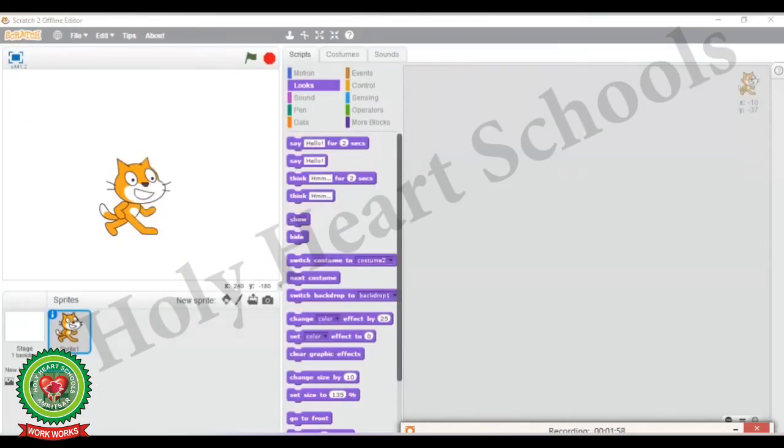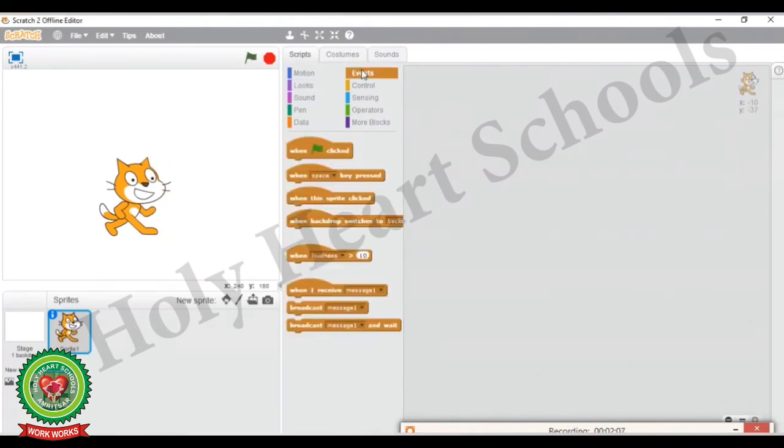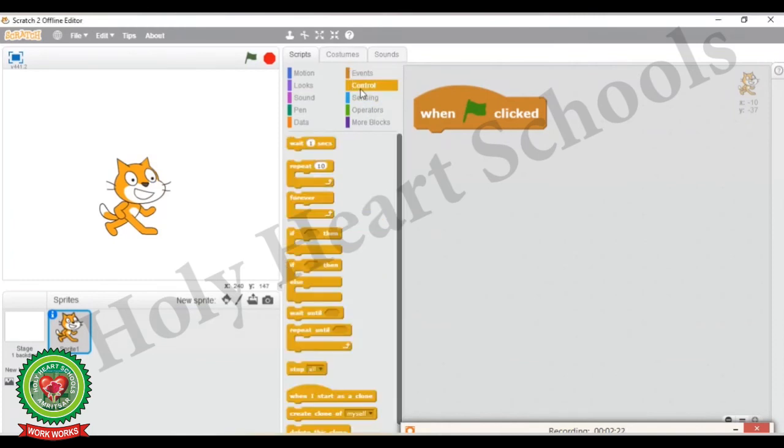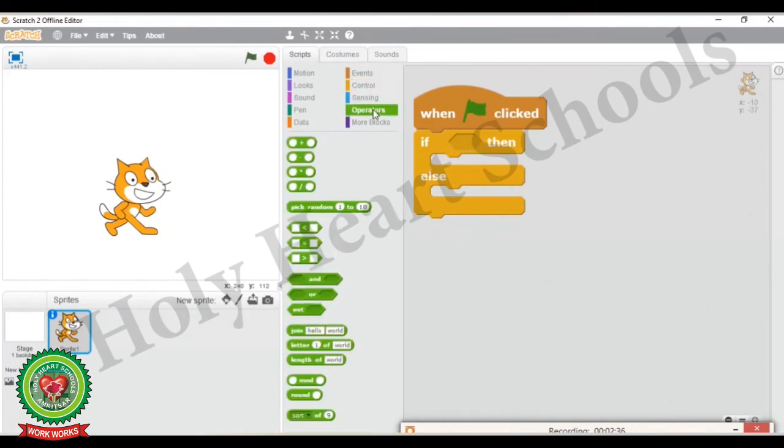Now open your Scratch window. Here I am going to use the control blocks with operators block. Now first of all, I will click on events block and I will drag the when clicked block. Now I want to drag the control block, that is if then else, and here I am going to place it. In the if block, I will set a condition using operators block. Now click on operators block.